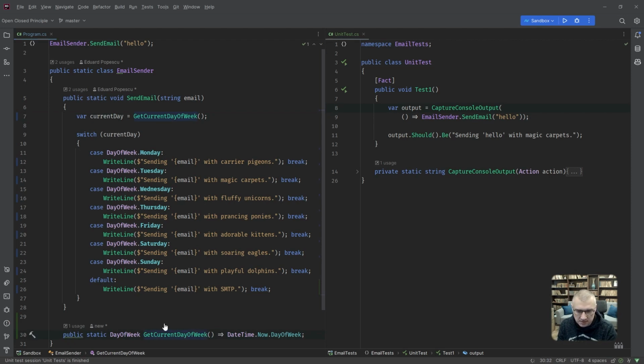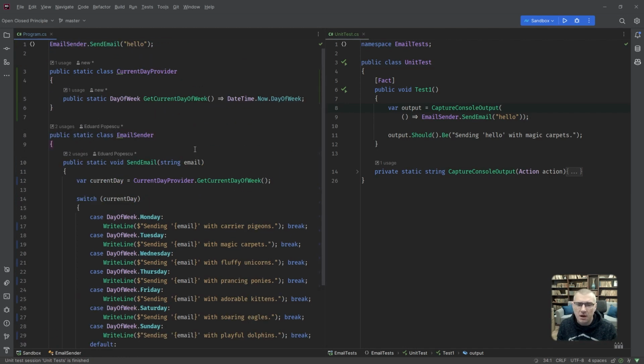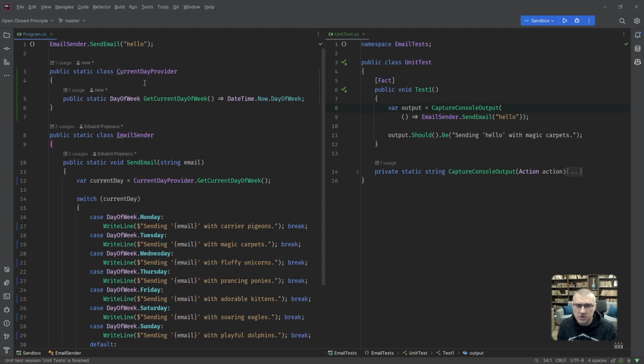And extract a class. Let's see. Current day provider. Sure, why not? Sounds funky. Okay. And where I wanted to go with this, well, obviously nothing changes so far.